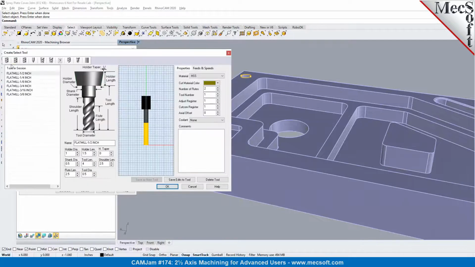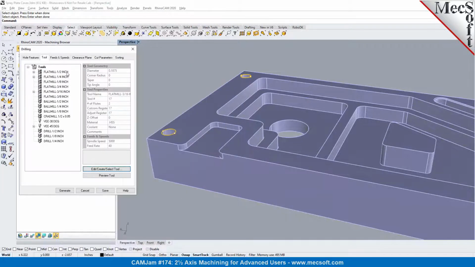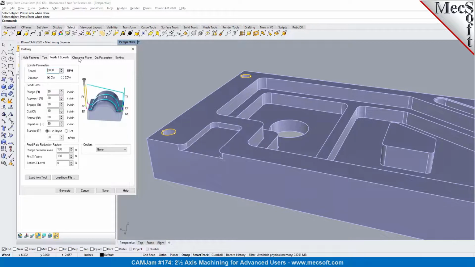You can either select a flattened mill, or if you want to define a drill tool with the tip angle, which is like not a pointed tip, in this case you can see the tip angle is 120 degrees. If you put the tip angle as 180, this would basically be like a flattened mill. You could define it as a drill tool with a tip angle of 180, or you can choose a flattened mill if you already have one in your library here. I can say I want to go with a 3/16 flattened mill. I can pick that as my tool for drilling, and then set the feeds and speeds,